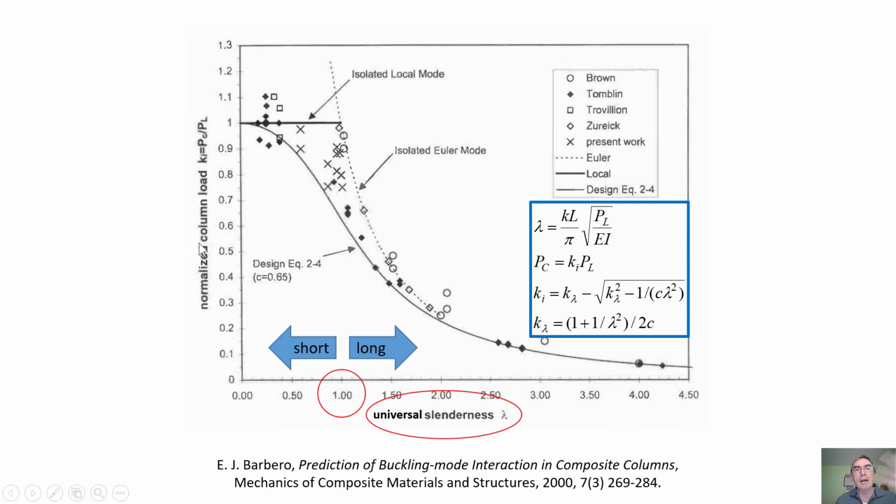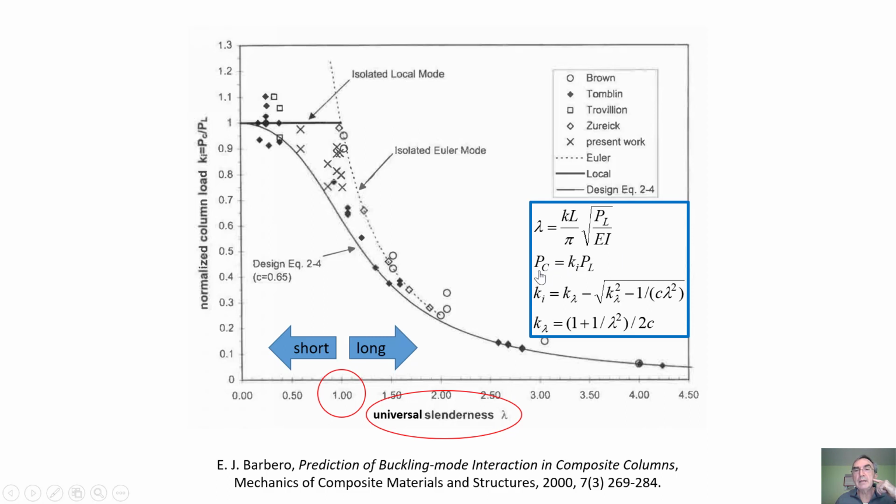So now we know all that. We have to go back to this old plot that has all the curves and the experimental data on it. And so in order to get this design equation, I put the design equation right here in this place. So the design equation says that it's very simple.